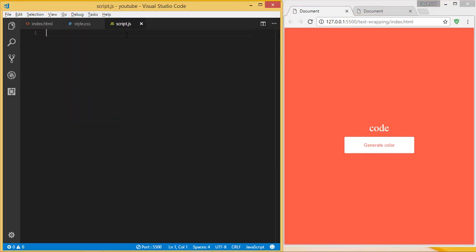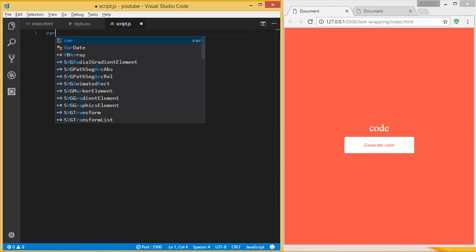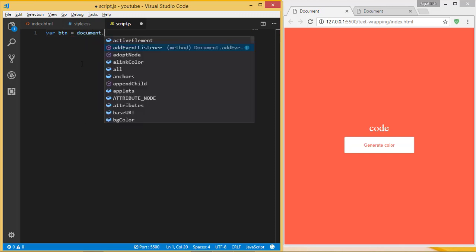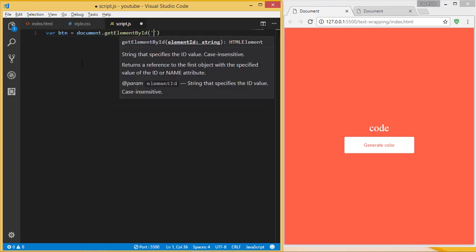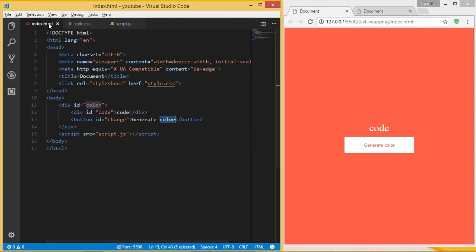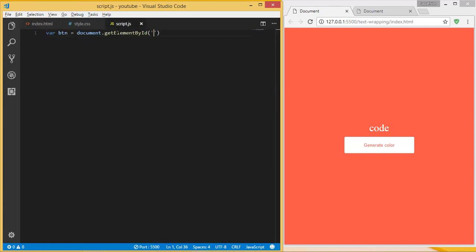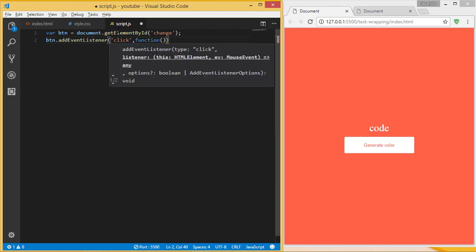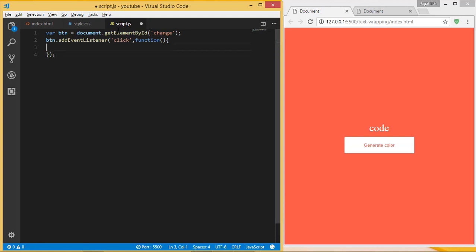that's working fine. So go to the script and find the button with document.getElementById. My button has the id of change. So this button will be stored in btn. I need to add the event listener. For that, addEventListener. I need to listen for the click event. Whenever the click event happens, I can execute this function. This function will just